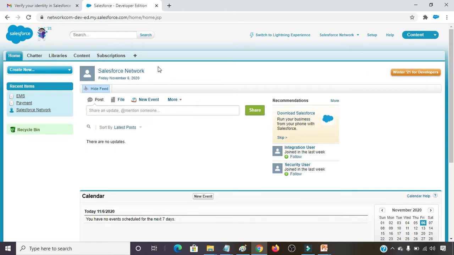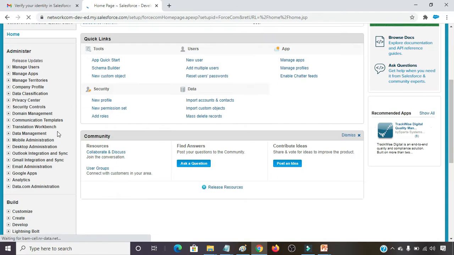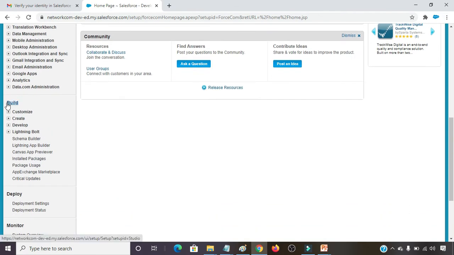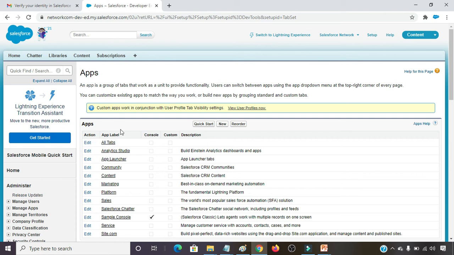So first we have to upload the file, the image file, and just click on setup button, setup, then build, then create, then apps. Then in apps, click new,